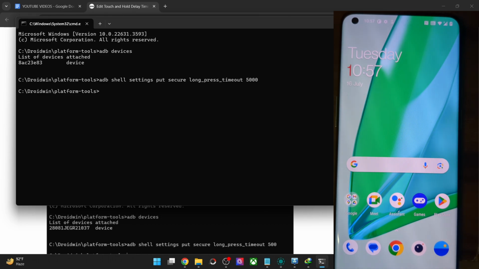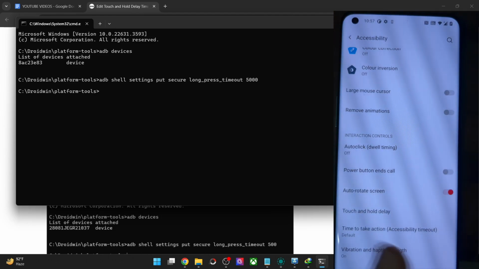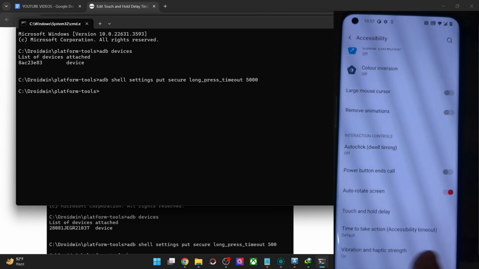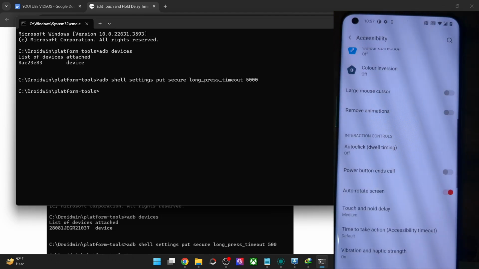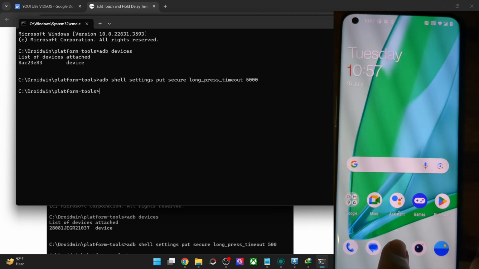restart. Or if you don't want to do a restart, simply choose any one of the 3 values from the settings menu and the value will be reset. So let me choose medium, and the value has now been reset. And now you may choose any other value of your choice. Let me show you. This is the medium value. So now let me choose again, change the value.